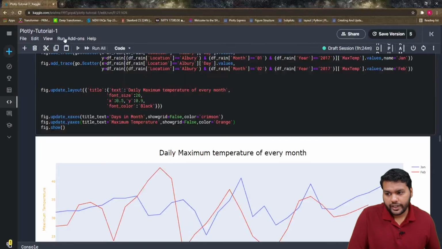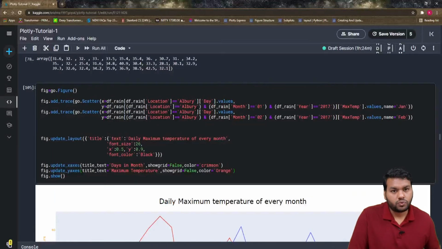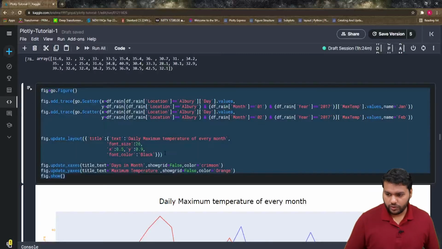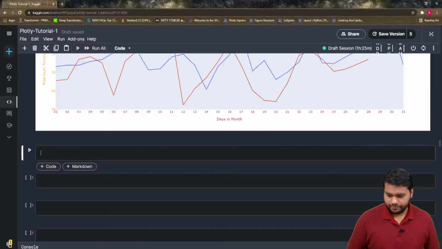But I want to analyze the maximum temperature in every month. I do not want to write add trace again and again. So for this you are going to write one for loop over how many months there are in a year. Like in 2017 we have data only up to June, but in 2016 we have the full year. So you first have to select how many months in the year we have in the data set, then loop over them, and it will display automatically. That's very simple. We just copy this code alone and put it here.